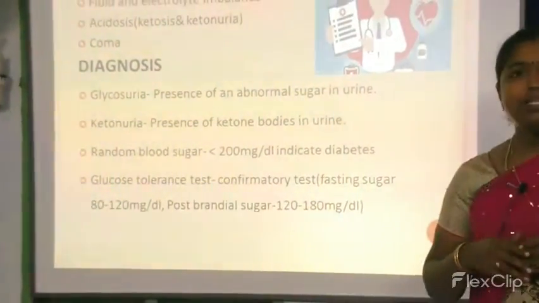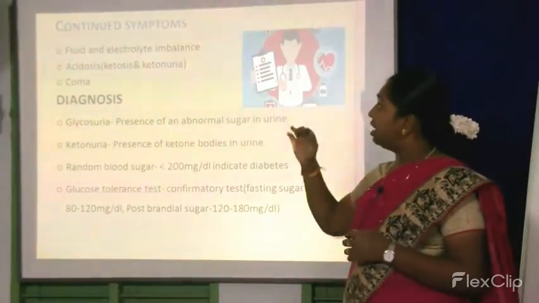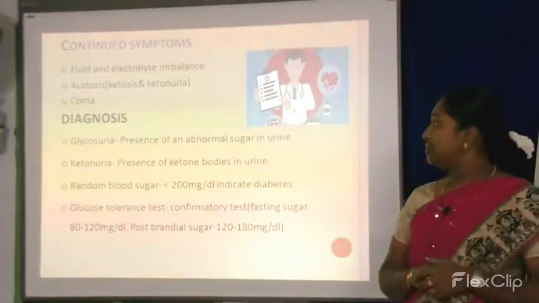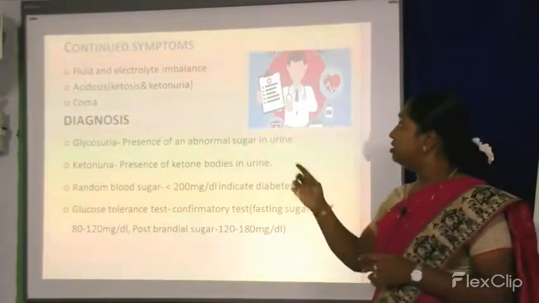Continued symptoms. What will be seen continually are fluid and electrolyte imbalance, acidosis, that is ketosis and ketonuria, and coma. So next, coming to the diagnosis, how can we diagnose one who has diabetes? So these are the four